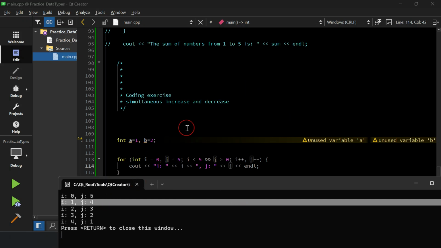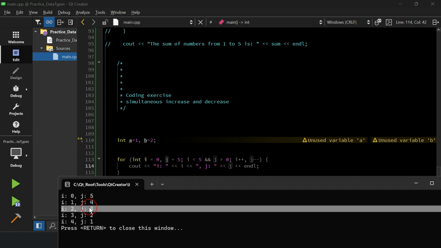So this iteration is finished. Then we increase the value of i, we decrease the value of j. So now i is 2 and j is 3. Everything is passed. i is still lower than 5, j is still higher than 0. It enters this for loop again and it prints i equals 2, j equals 3. It continues until i equals 4 and j equals 1. So it prints these two values, and then